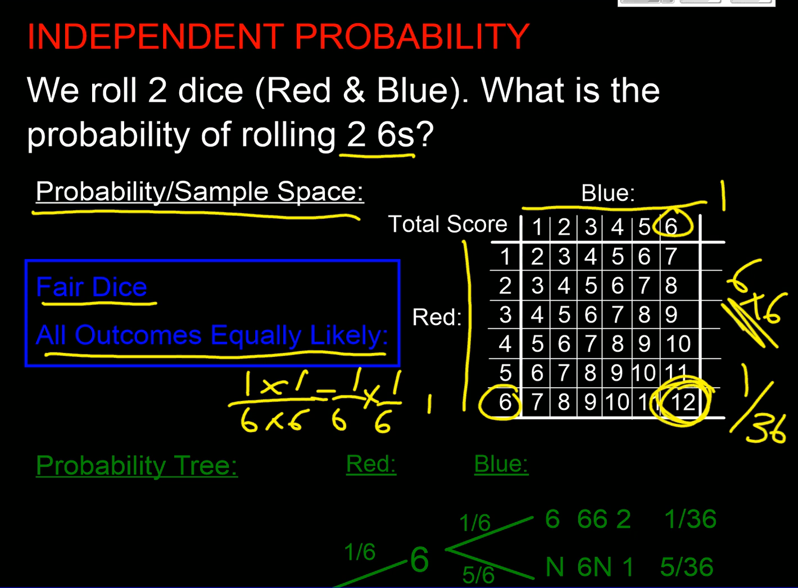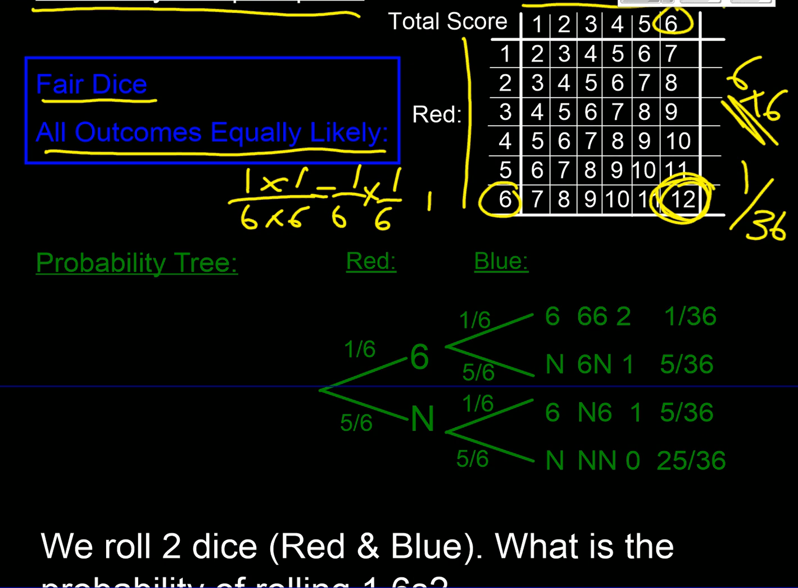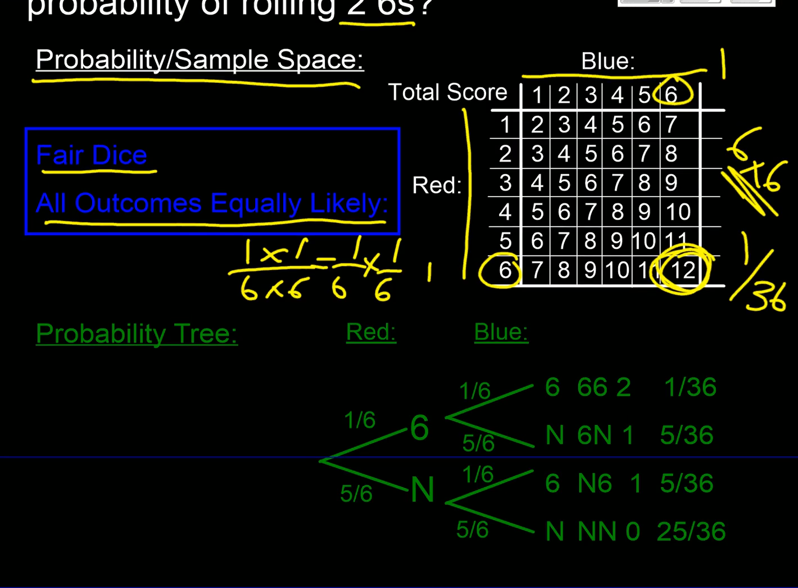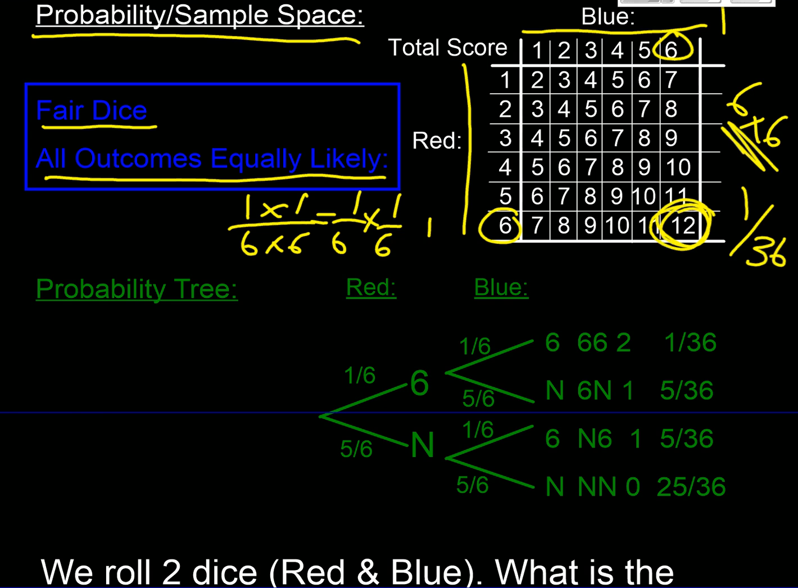And that's what we're going to look at in our probability tree, which is the other way of presenting exactly the same data. So we roll our red dice and we've got a 1/6 chance of getting a 6. And we've got a 5/6 chance of not getting a 6. I'm just going to mark this up in blue actually because that will help us, won't it? And then we roll it again, and again we get a 1/6 chance of getting a 6,